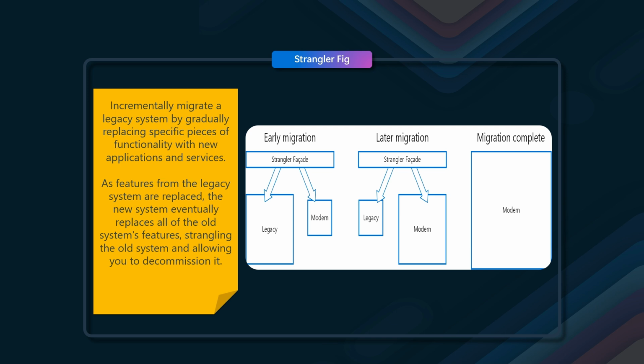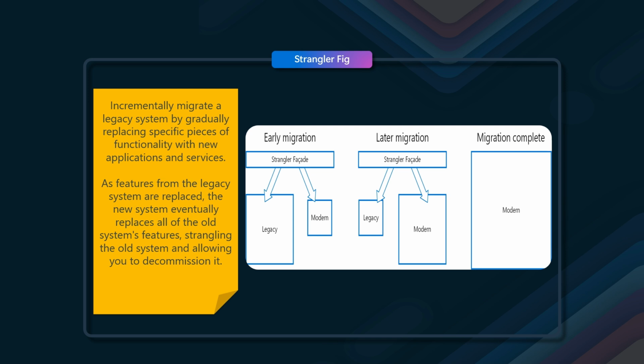Facade layer: a facade intercepts requests to the legacy system and routes them either to the legacy applications or the new services. This ensures that the consumers can continue using the same interface without being aware of the migration. Gradual replacement: as features from the legacy system are replaced, the new system eventually takes over all functionalities, allowing the legacy system to be decommissioned. This approach minimizes risk and spreads the development effort over time,